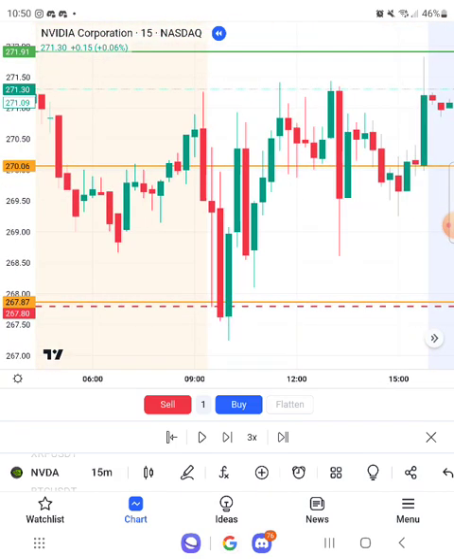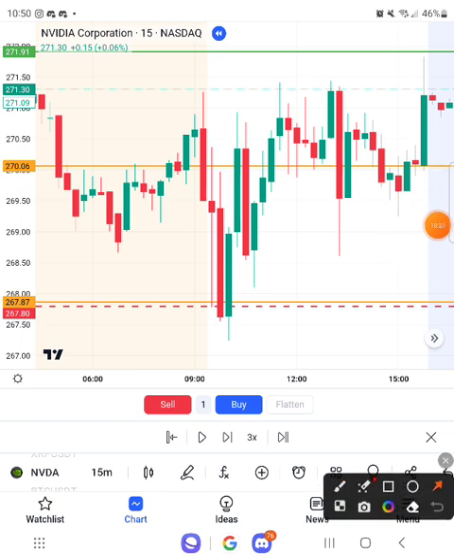So someone in my group entered here because they already had an order to sell, so they entered as soon as the market opened. They entered here as soon as they had this change of character, and they were able to catch this move until here. As soon as the price reached their level, I think they exited somewhere here. That's about from 67 to 71. That's about how much NVDA can move a day. So they were able to make some profit that way.